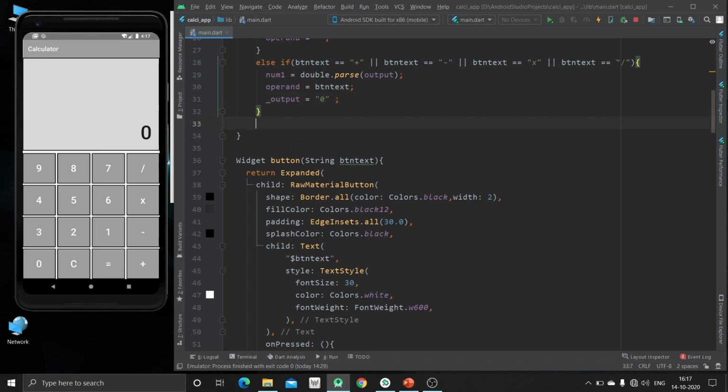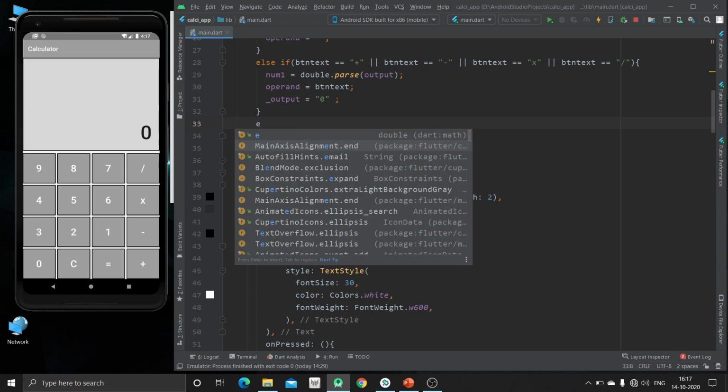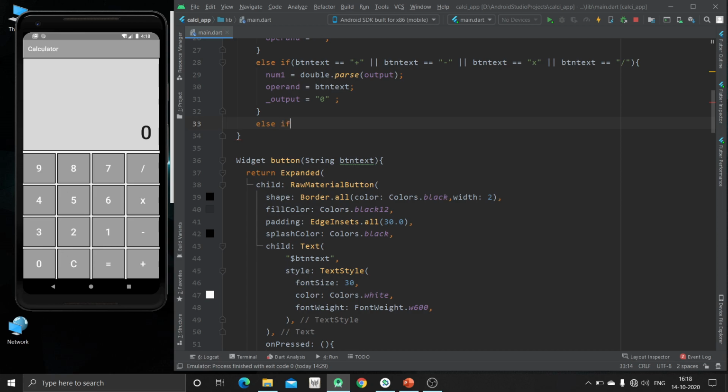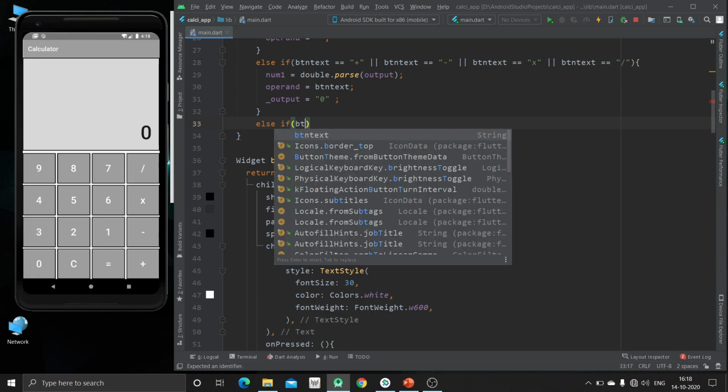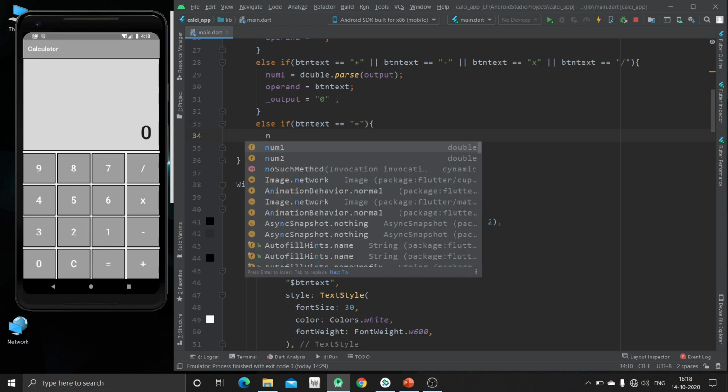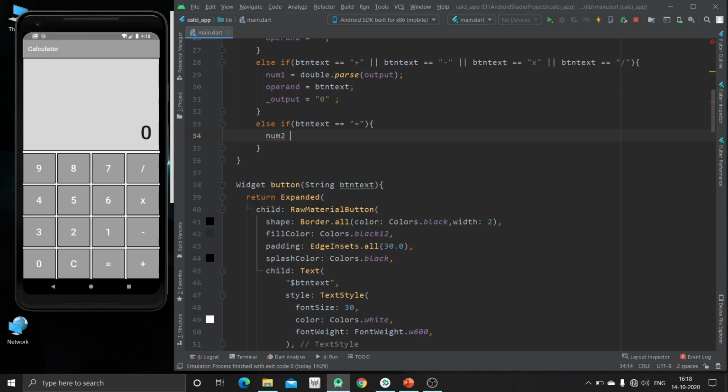Now we are going to check for the equal to sign. So whenever equal to is pressed, the operation should be performed. So in the else if, if the button text is equal to, then first of all we are going to parse the second number.